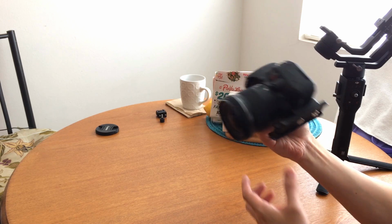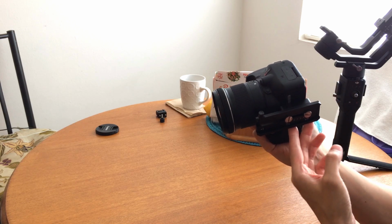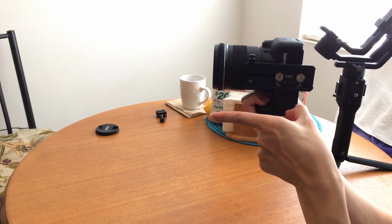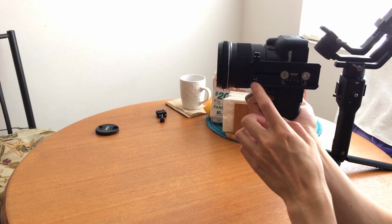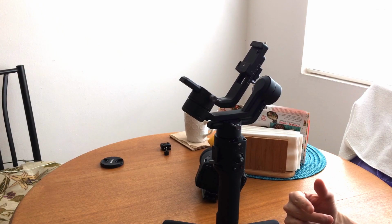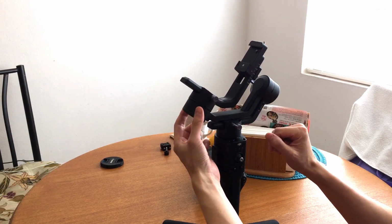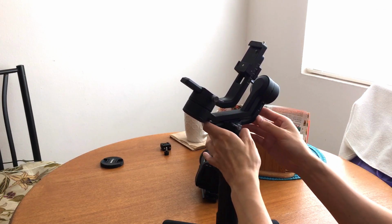After I prep my camera, I put on the riser plate, and then I put on the quick release plate right underneath it. And there's a marker that shows which direction this plate should be pointing towards. So just make sure that you follow that. I like to have the joystick facing myself, and this gimbal has 3 locks. It's got 2 in the front over here, and it's got 1 in the back around right here. So what I do is I unlock the front 2,